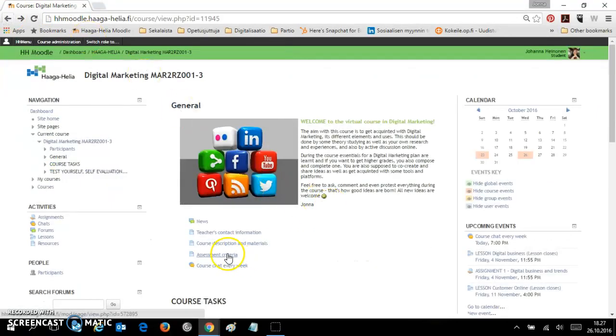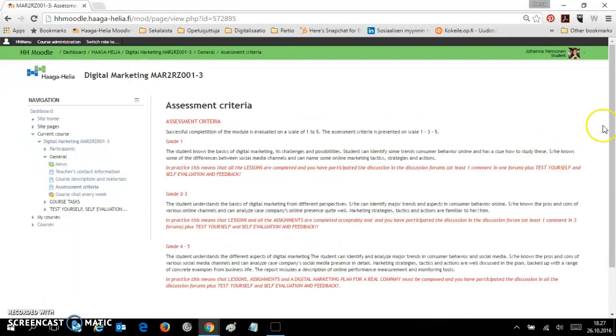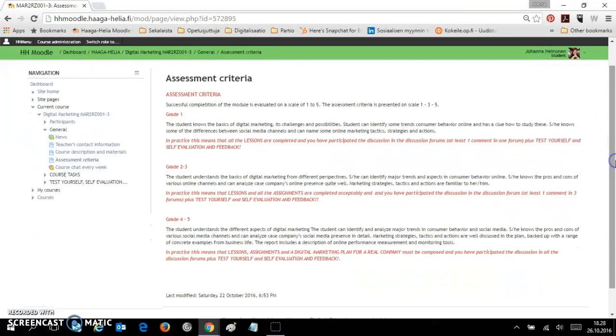Then there are the assessment criteria, in order to separate those who just want to pass the course from those who are a little more ambitious for their grades. There are 3 different ways of doing this course. The first one is for grade 1. There are lessons, which you have to pass.